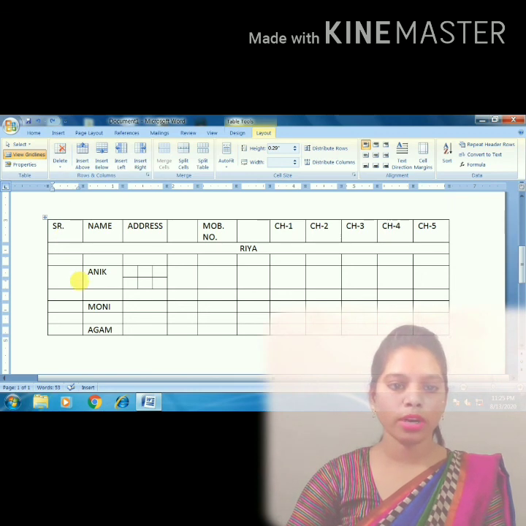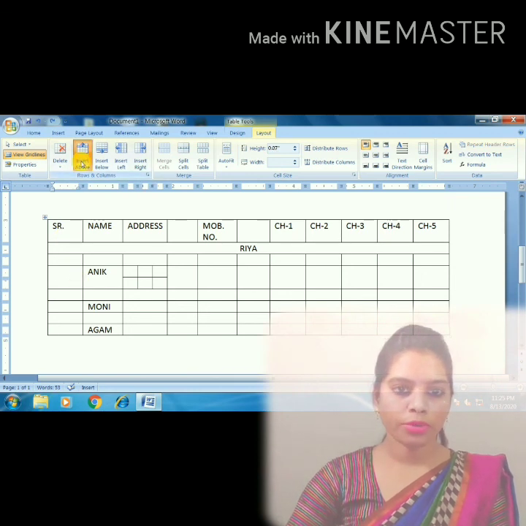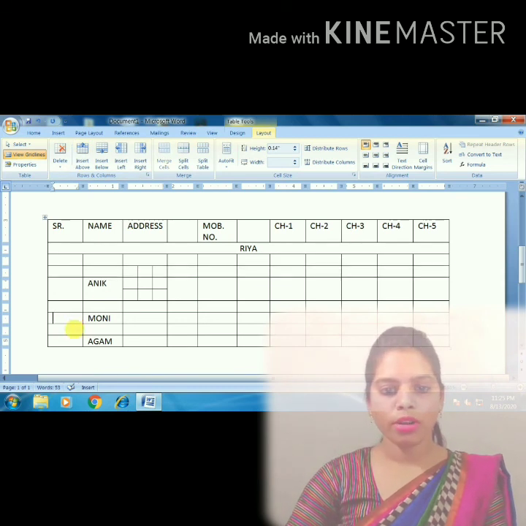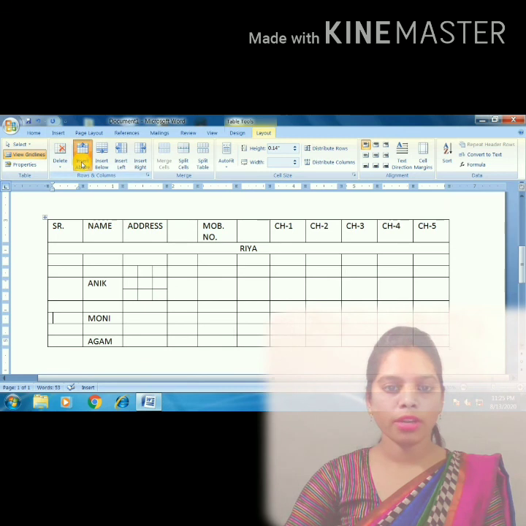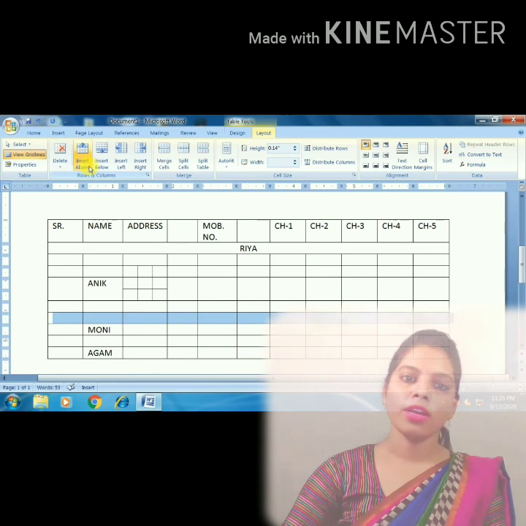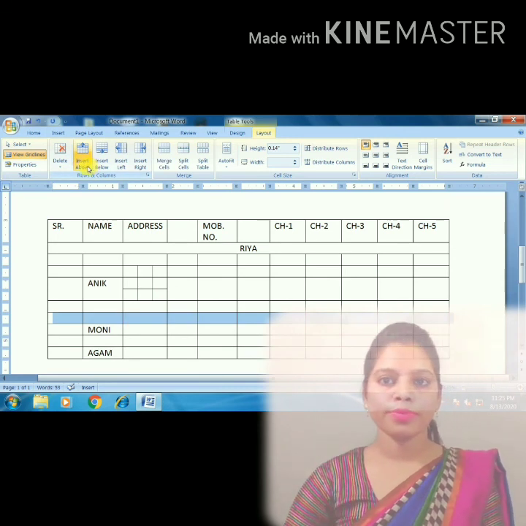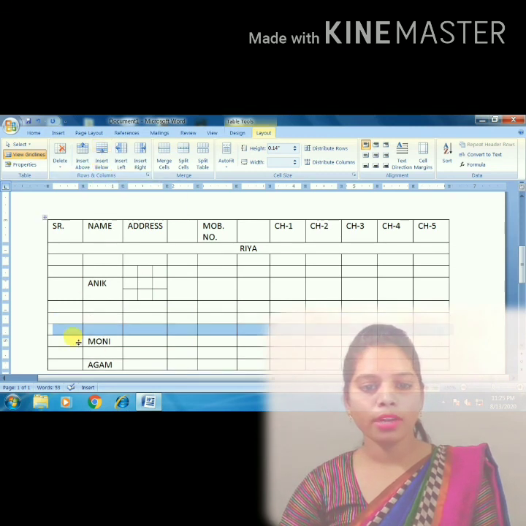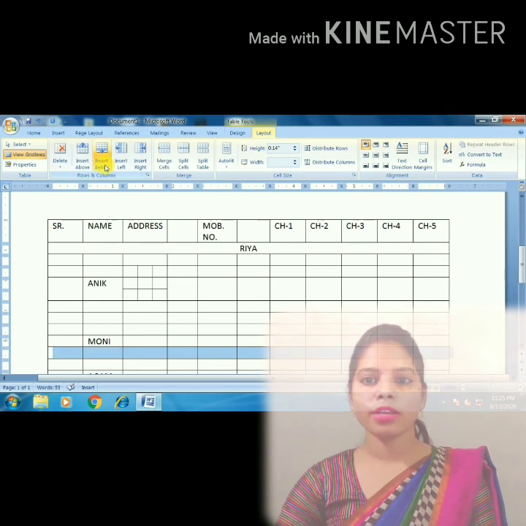Suppose you want to insert a row above this row, then click over here, a new row will display over here. Suppose you want to display over here, then click over here and it will display the new row. After that, insert below. By clicking on insert below, we can insert a new row below the selected row.